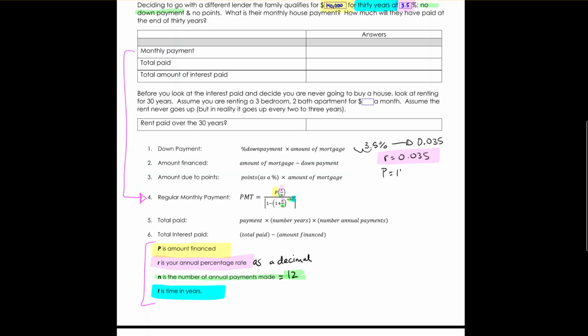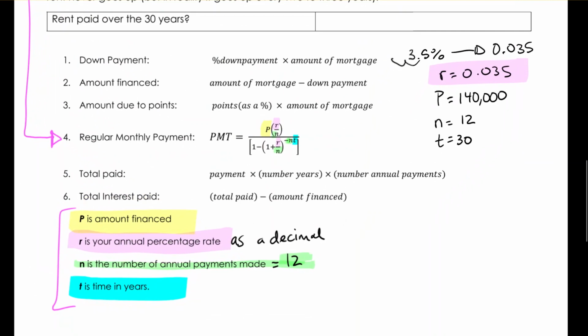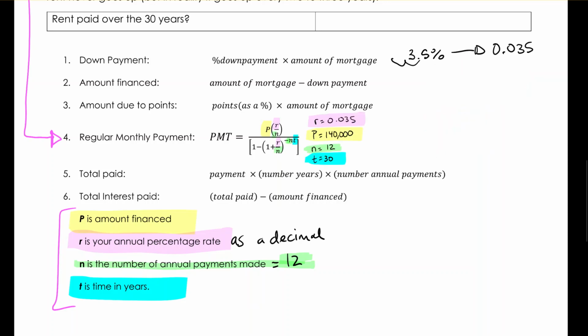So P is 140,000 for this problem. N is the number of payments made, which is 12. T is 30. Once we've figured those out, all that we have left to do is substitute these correctly into the formula and then correctly calculate what the monthly mortgage payment would be. So let's write out this formula here. My monthly payment will be equal to, it says P,